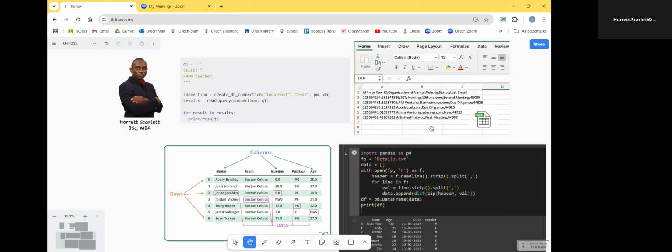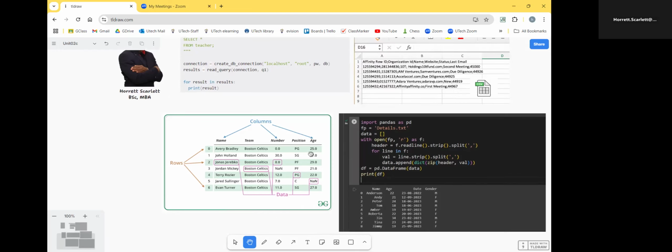To note, though, for this data to be processed, it has to be formatted in a way that makes it easy to get access to the different data points. We usually do that by formatting it in terms of rows and columns. So think about an Excel spreadsheet. What Python does is that it has this package or utility known as pandas that is able to read a CSV file and store it in memory, almost as if it's an Excel sheet, meaning it's going to store the data in terms of rows and columns.